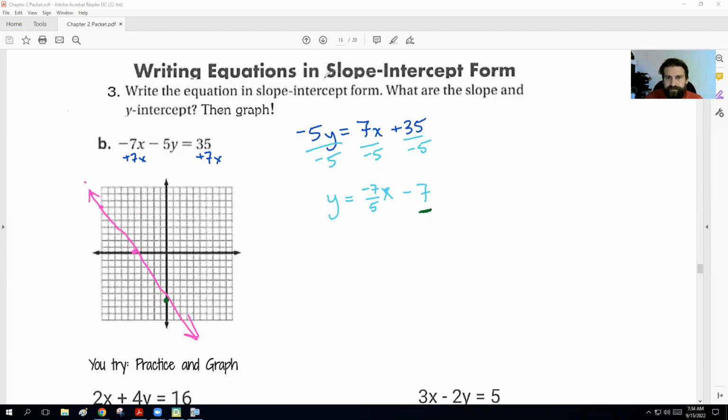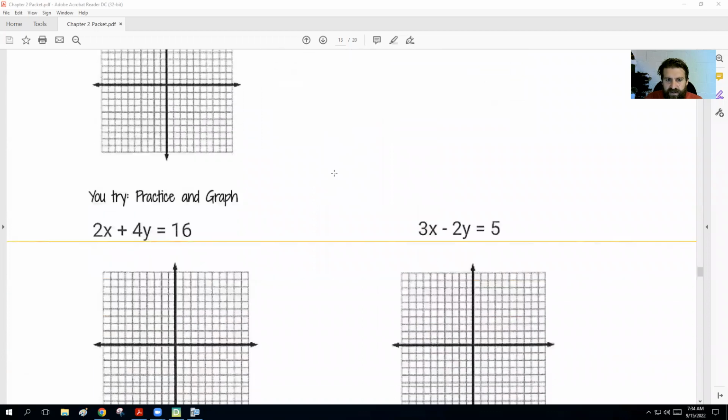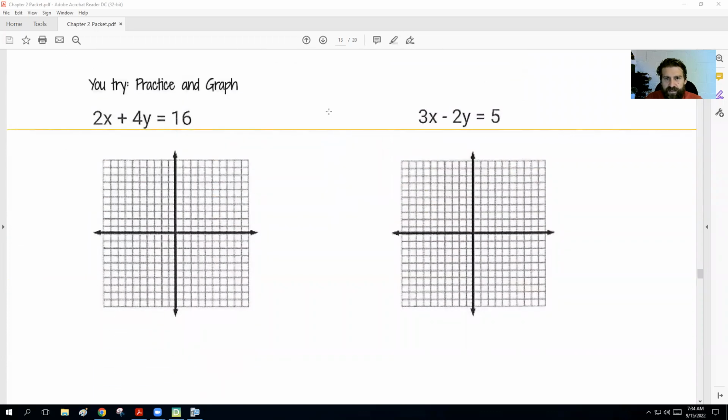And there's the line. All right, if you guys want to pause the video, try the next 2 on your own. Great. I'm going to go through them now. All right, so this problem here, we need to subtract the 2x over to the other side, and we would just get